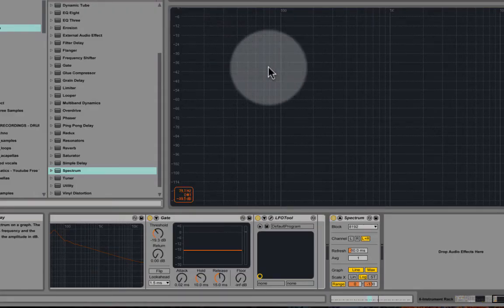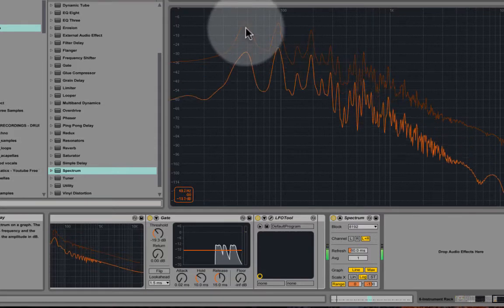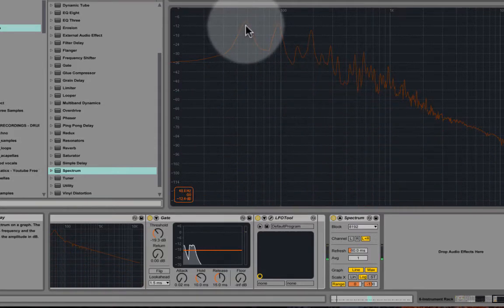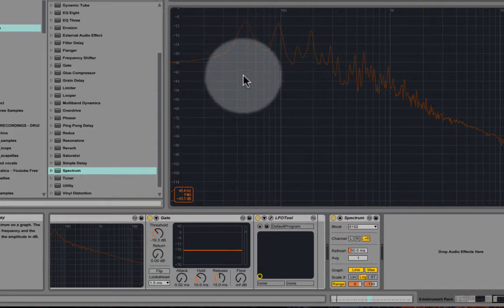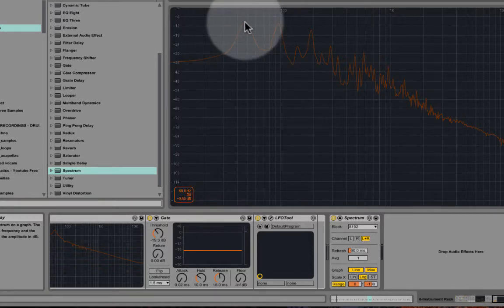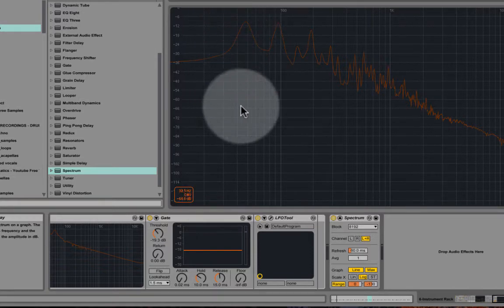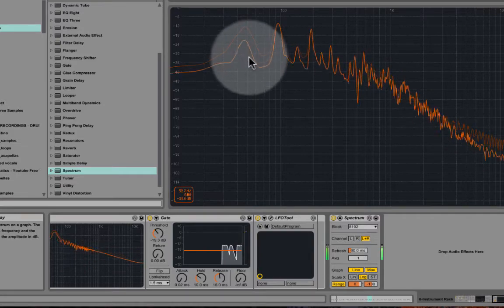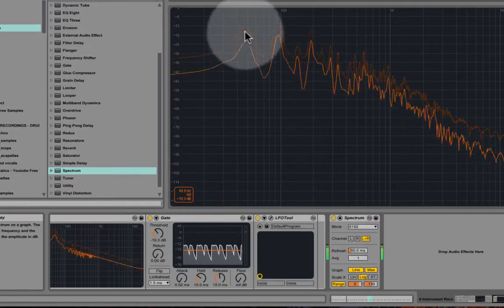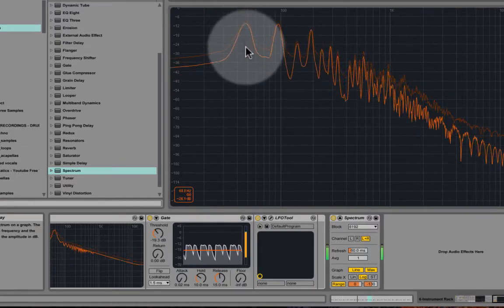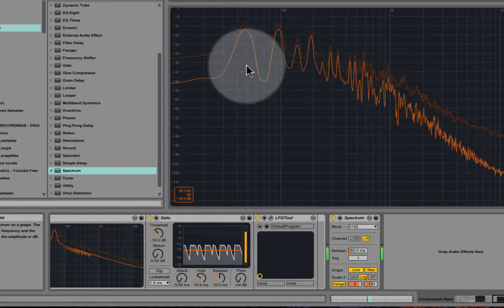Listen to the fundamental of the bass, which is the lowest frequency. Listen and then watch. This frequency right here is gonna go down and up slowly. And that's what being out of phase means. Sometimes they're boosting together and sometimes they're out of phase and they're cutting. Down, up, up, up, down,